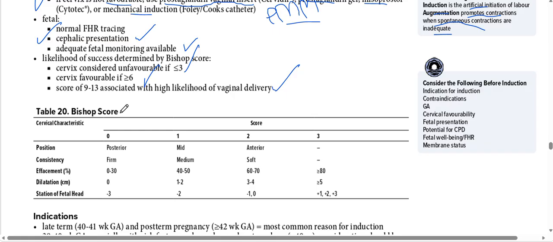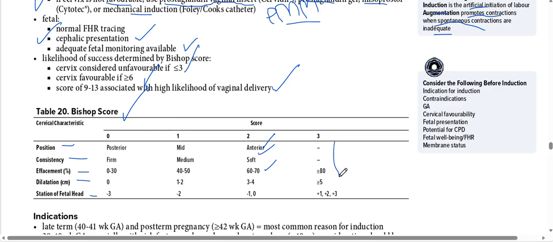So here is the Bishop score that I was talking about. Basically it depends upon the cervical characteristics: the position, the consistency of the cervix, the effacement, the dilatation of the cervix, and the station of the fetal head. We score them as 0, 1, 2, 3. The normal position is anterior, the consistency should be soft, effacement should be 60 to 70%, and dilatation